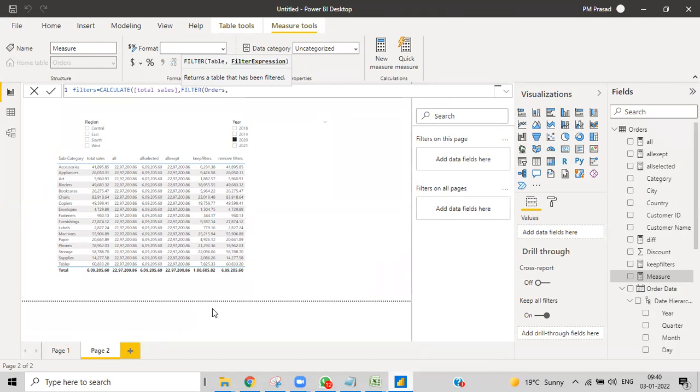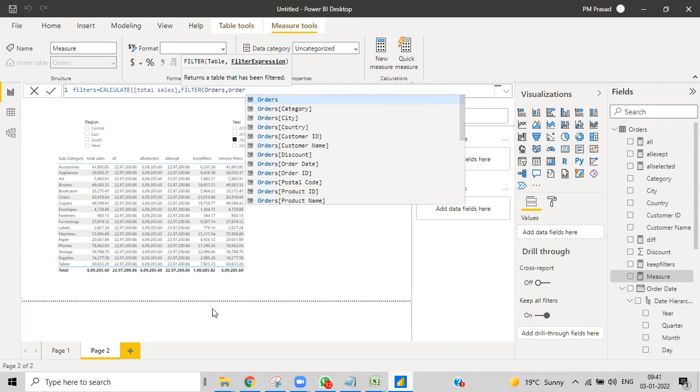Filter expression means, here my year, the order date, or year of order date. Where is my order date?